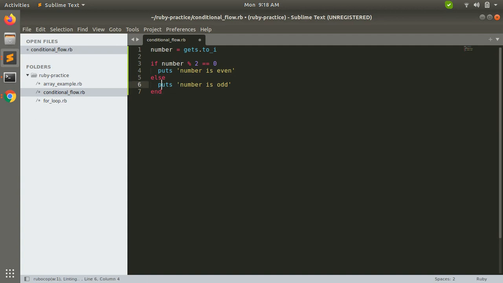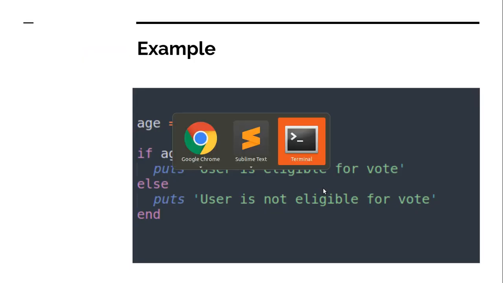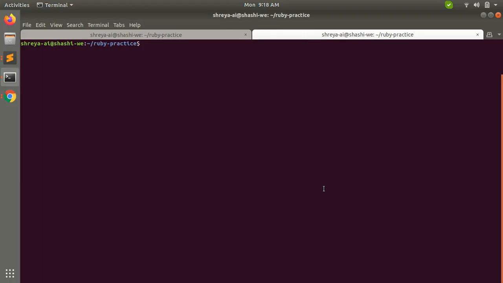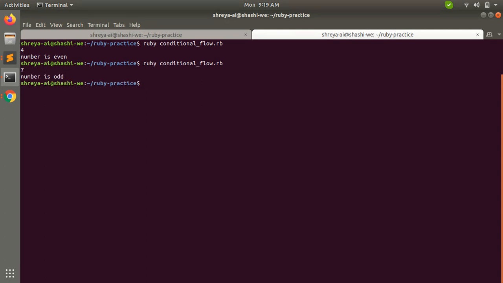Now let's execute this file. Here we need to provide a number first. So let's say we have provided 4. So number is even. Now if we provide 7, then you can see number is odd.